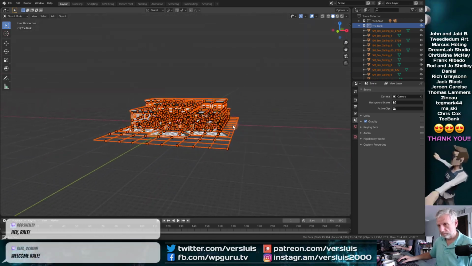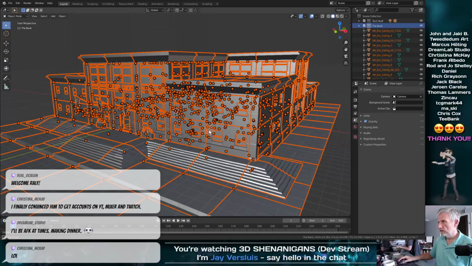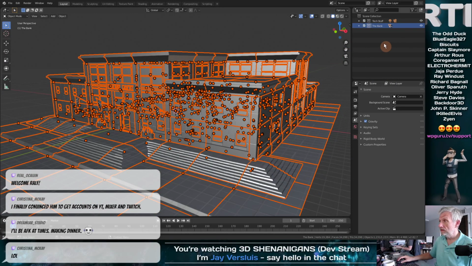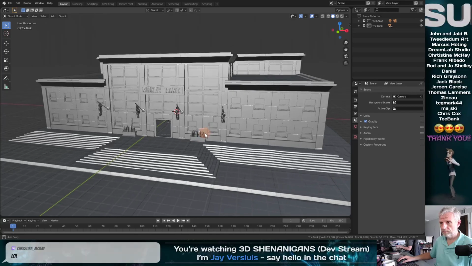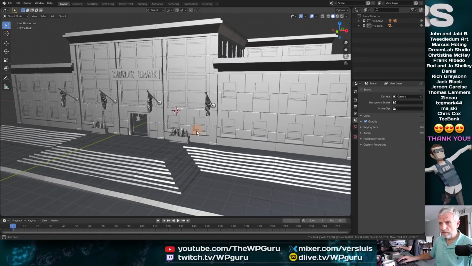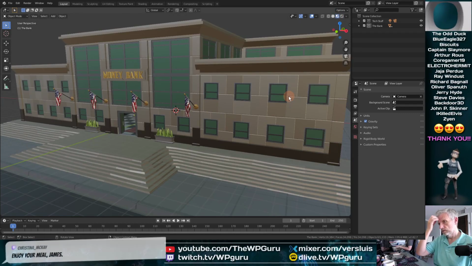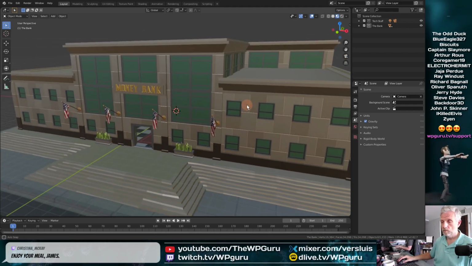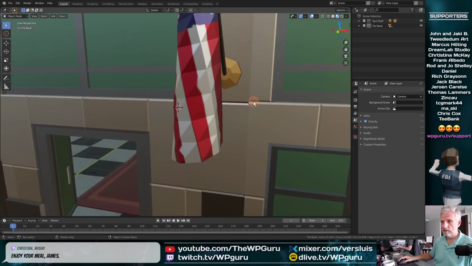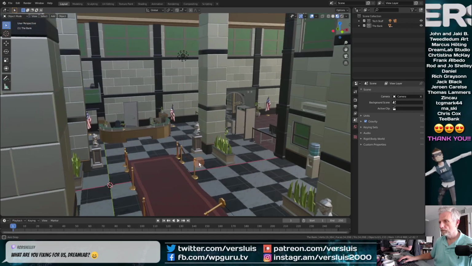There it is, the bank, as it lives and breathes. That's all selected, and it's all in that collection, which is great. So now we don't clutter up our outliner here. I'll go click off that, and I believe I'm going to have to go and pick up a texture pack or two for that. No, I don't. Ha ha ha! That is exciting. That is very cool. So I've got that material already on here. Oh my goodness, that is very good.